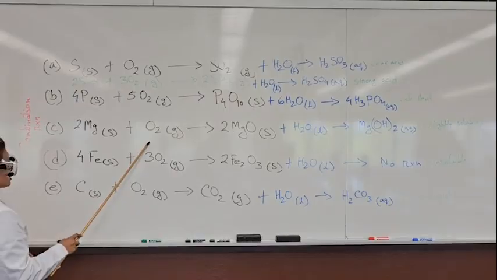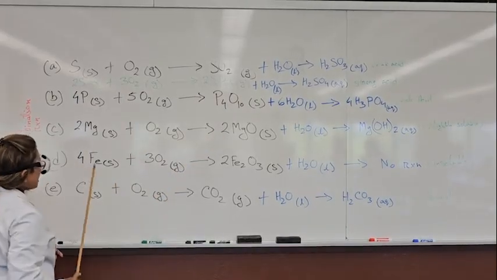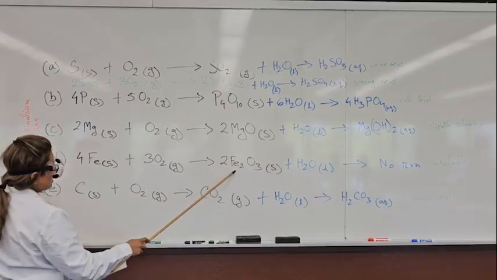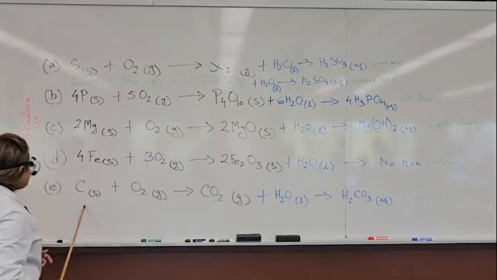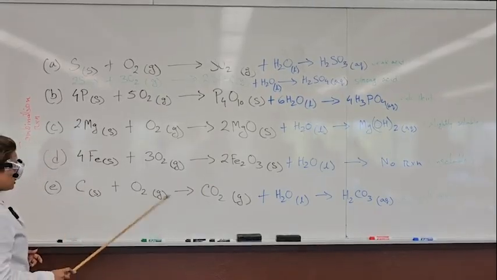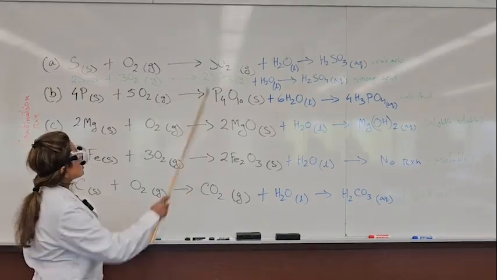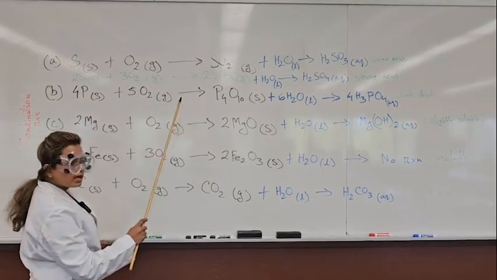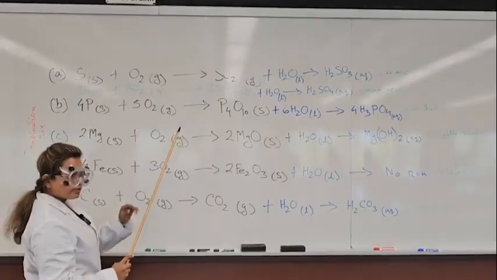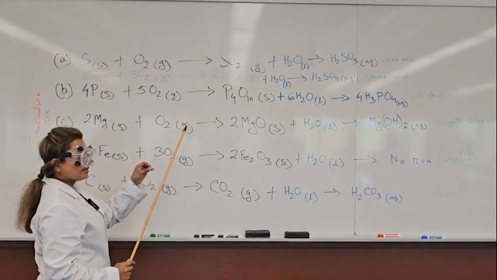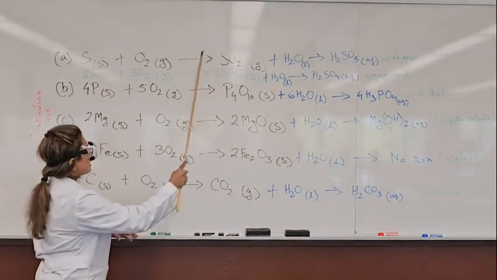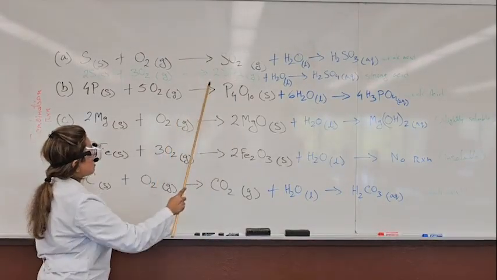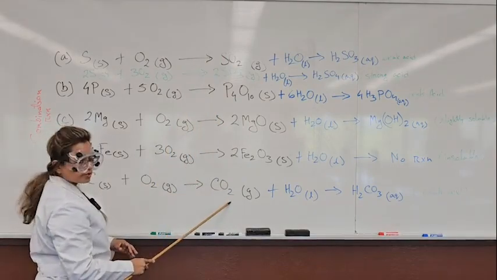Magnesium with oxygen makes magnesium oxide. Iron with oxygen makes iron(III) oxide. And carbon with oxygen makes carbon dioxide. So these are all inside the hood. When we burn the pure element and put it inside the jar, this compound is produced,